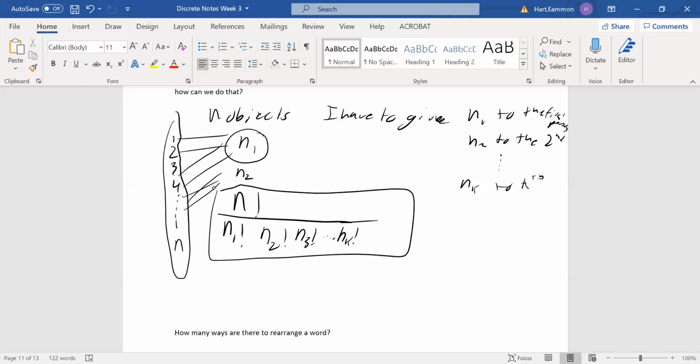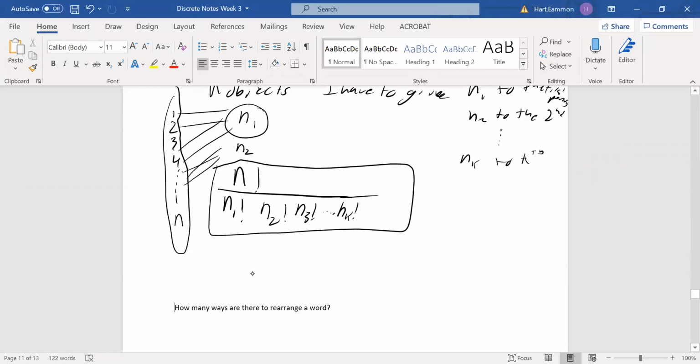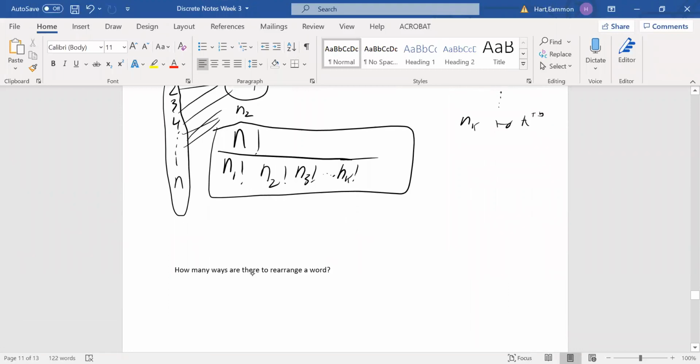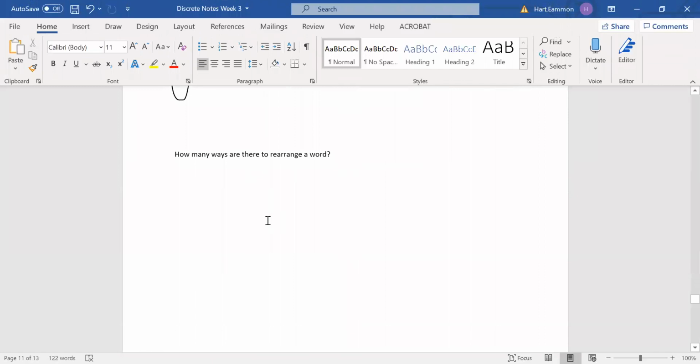So this right here is how I'm going to do this. That's how many different ways I can distribute presents, as the textbook frames it, to k people who are getting not necessarily the same amount of presents, who are getting n1, n2 through nk presents, respectively. So that's this guy. And this is actually closely related to the second question. It's pretty easy to see the connection once you stop and think about it for a minute,